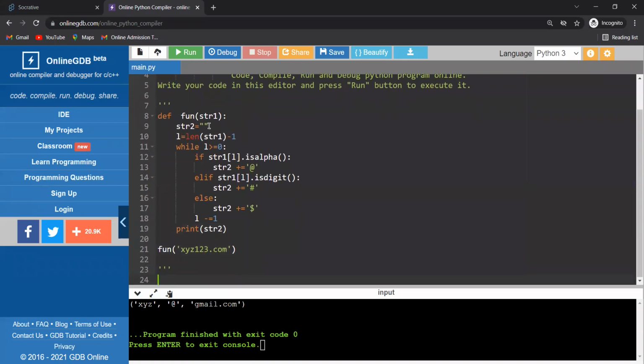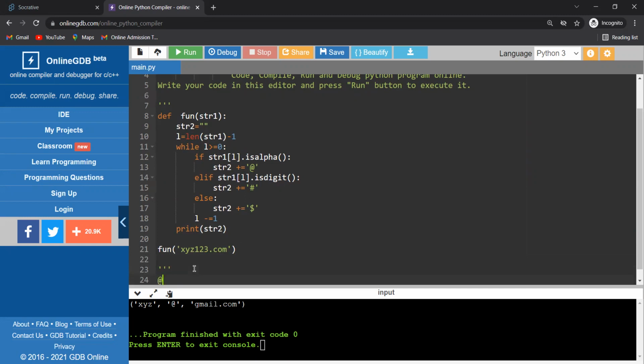So here also you see the str1 is going here, and L equal to len str1 minus 1. So len str1 minus 1 means the length of the string minus 1. In this case it is 10 characters, so it's 9. So L is greater than 0. Now str1[L] is alpha. That means it is checking the last character, which is the ninth character, M. If it is an alphabet,